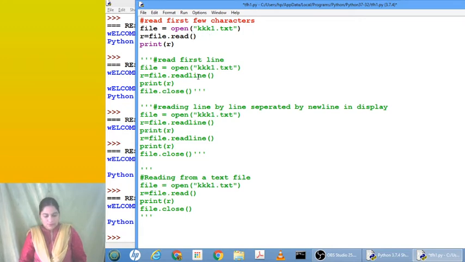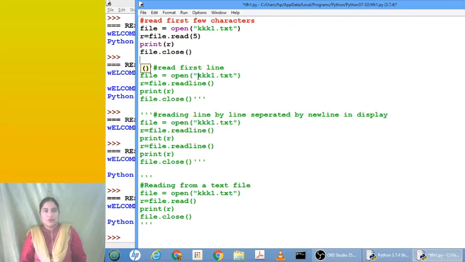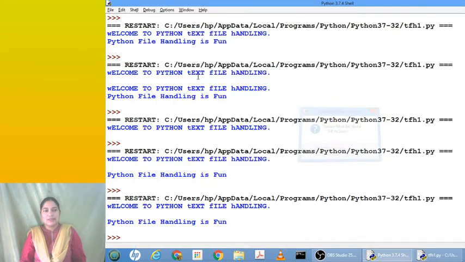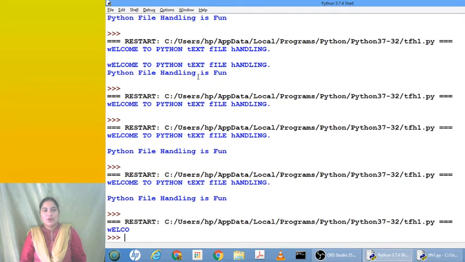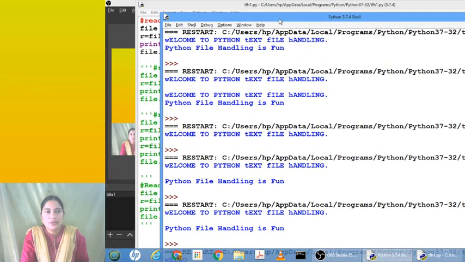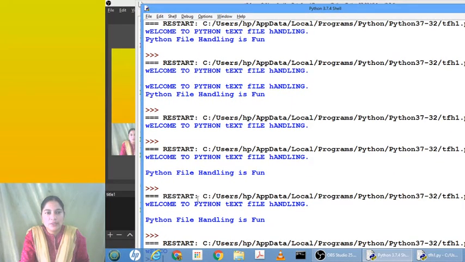Read only the first 5 characters of the file. We will be using the read method only. Now let us execute and see. Good. See, WELC, this much only we get as output. Is it clear, children? Only this much portion we got as output.